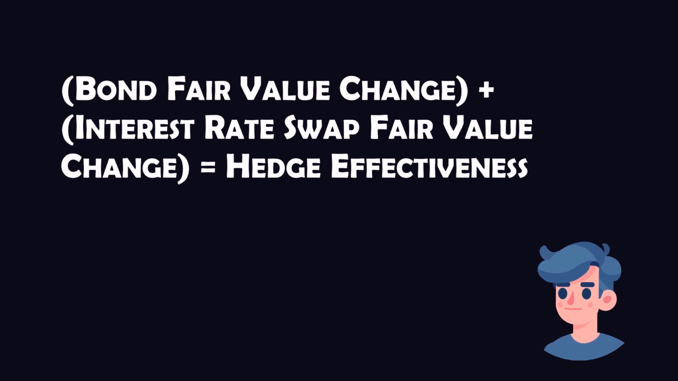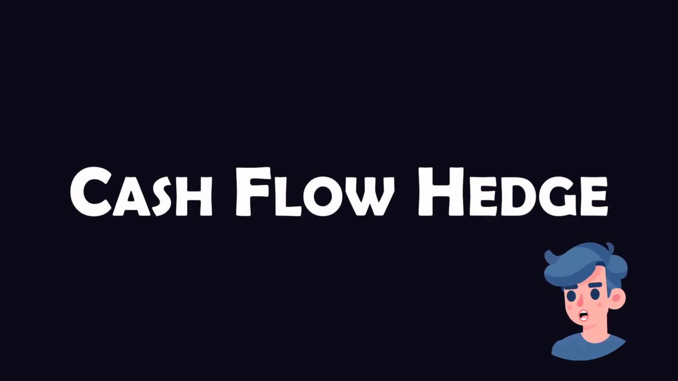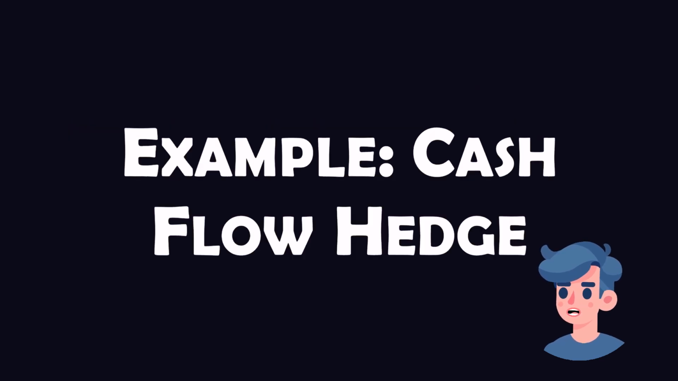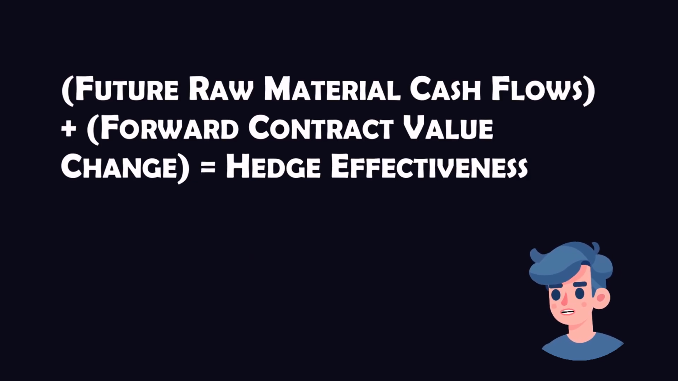interest rate risk. A cash flow hedge is designed to hedge exposure to variability in cash flows of a recognized asset or liability, such as anticipated transactions affecting company earnings. Consider a company that expects to purchase a significant amount of raw materials in the future and worries about price increases. The company could enter into a forward contract to lock in the price of the raw materials, thus stabilizing